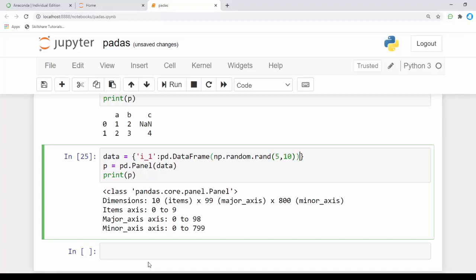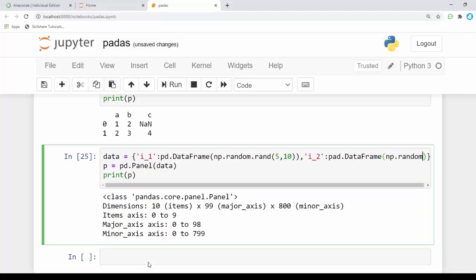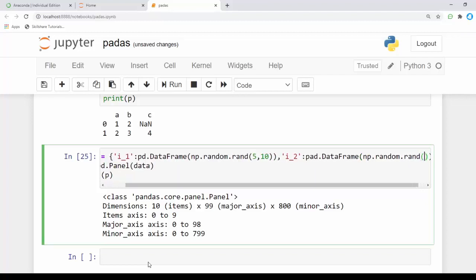After that I'm going to add another one, item 2, which is pd.DataFrame of np.random.rand with 6 comma 11.